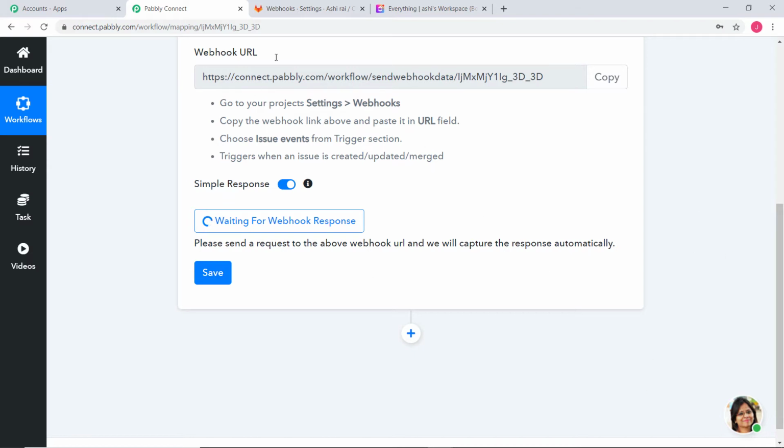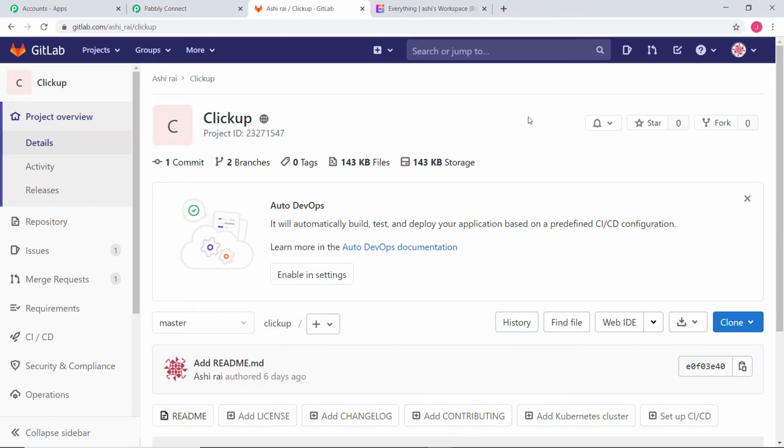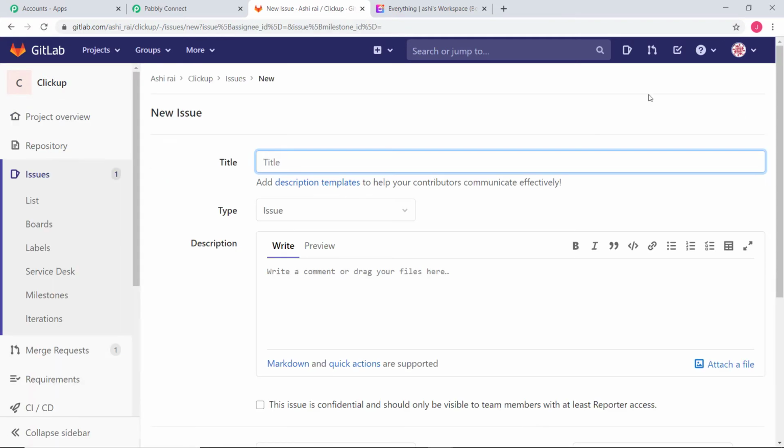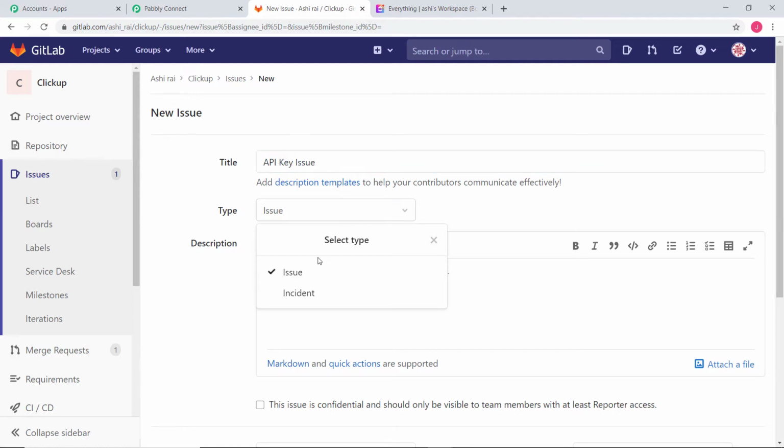So I'll go to my GitLab over here. Now I'm going to create a new issue. I'm going to click on issues over here, then New issue. Here I am going to write the issue: API key issue. Type is issue.